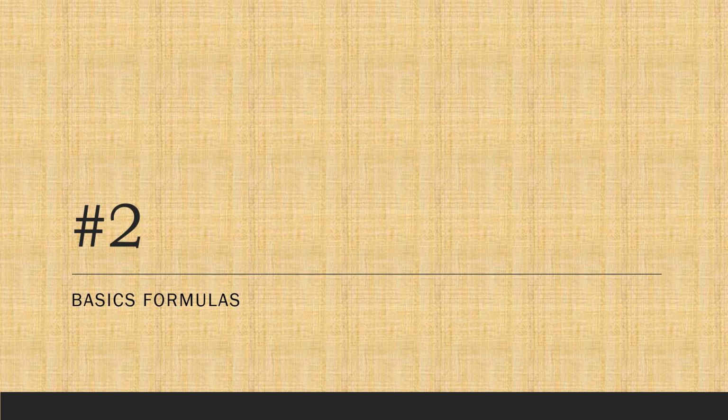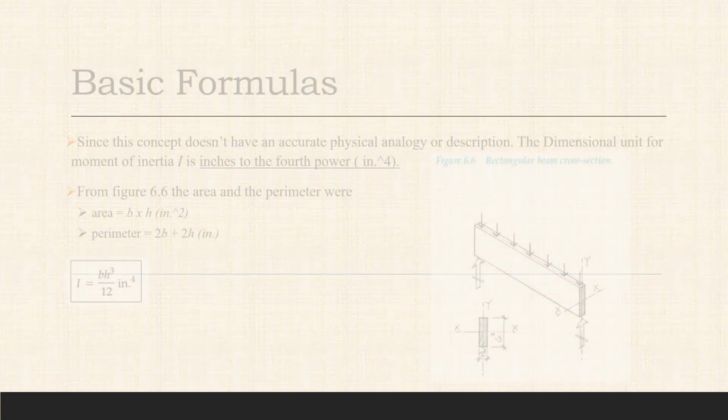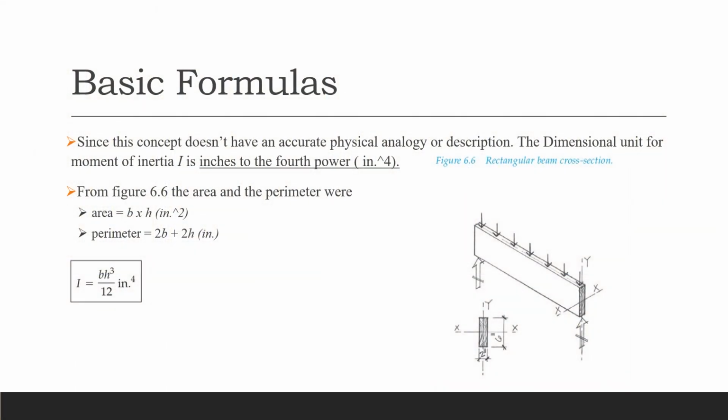Now we're moving on to the basic formulas. In our basic formula, since this concept doesn't have any accurate physical analogy or description, the dimensional unit for this moment of inertia I is inches to the fourth power. In figure 6.6, the area and perimeter